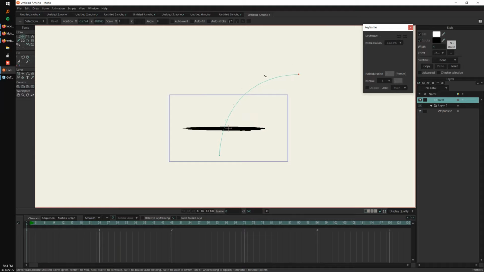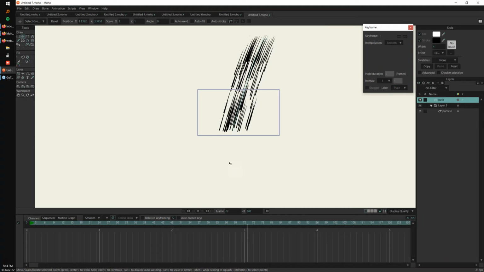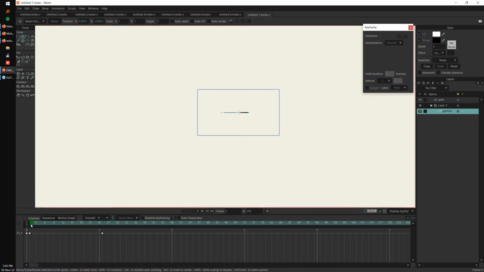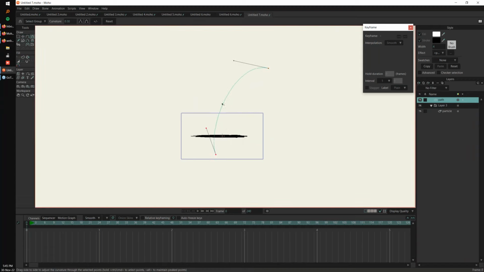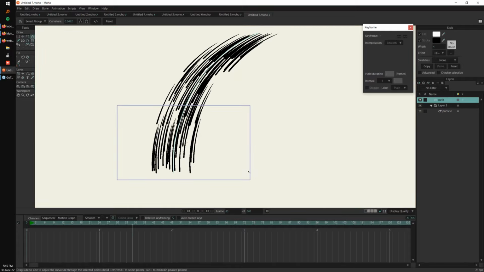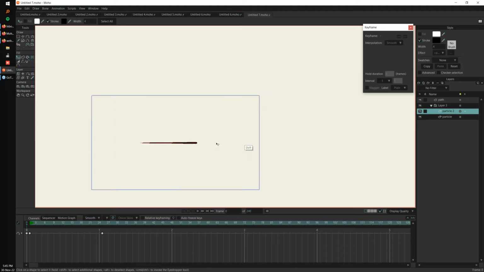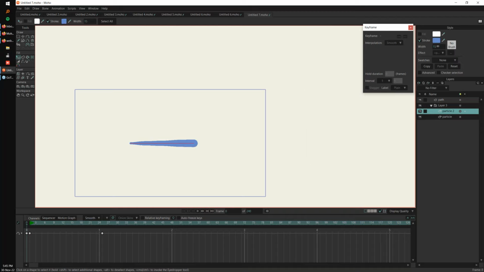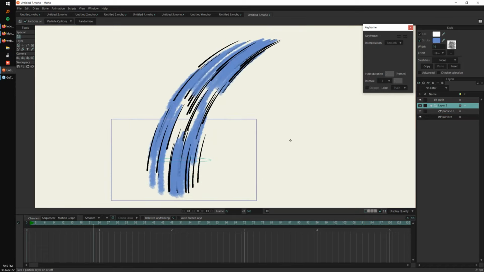If you make it more straight like that, you can have a rain. Of course you can change the speed of the particle, how far it falls and other things like that. But if I bend it, maybe I can create a waterfall with that. I created the particle, I'm happy with what I created, and now I can simply duplicate it. In the duplicate, since we are creating a waterfall, I will paint it blue and maybe increase the line width and apply a brush. So now I have this,